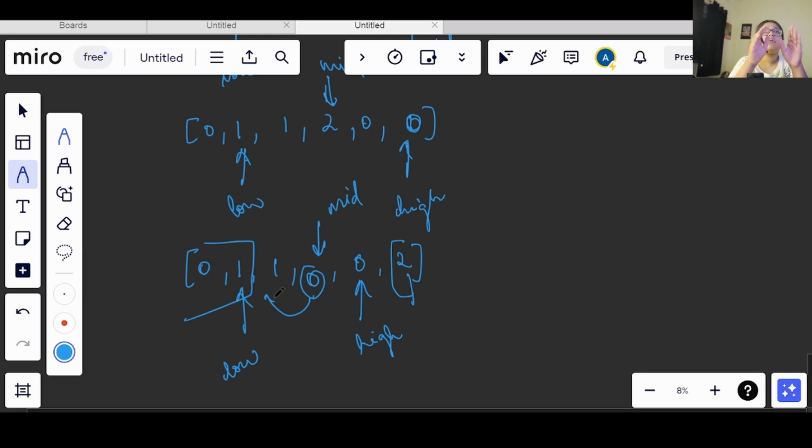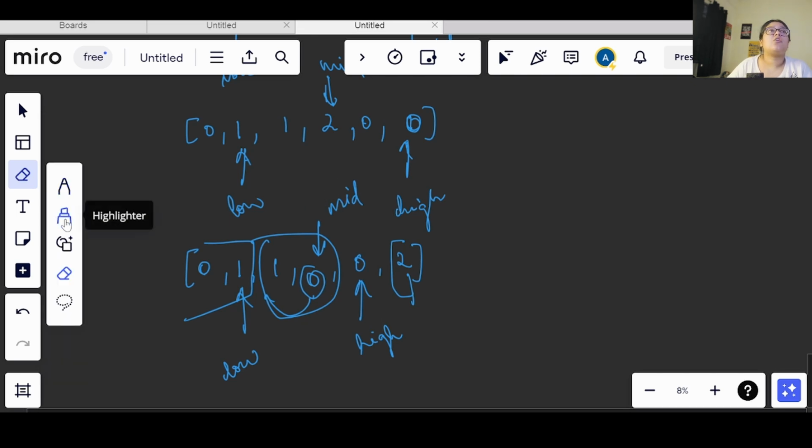If it is not 1 and I am simply swapping it, and a 0 comes there, then this part of the array will become unsorted, right? So for that case we will not move the mid pointer.